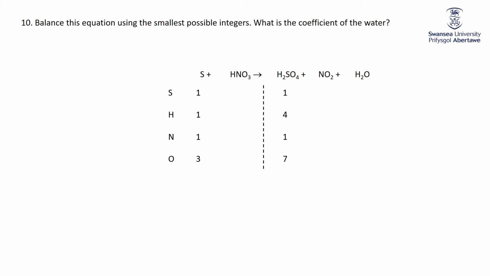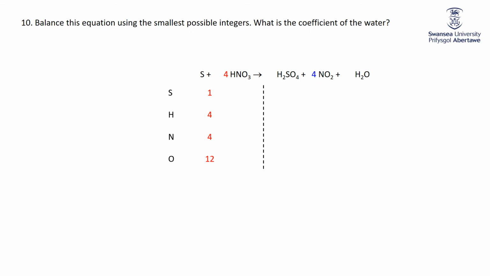So which should we start with? Well, I can see readily how to turn 1 hydrogen into 4. I can't see readily how to turn 3 oxygens into 7. So let's go ahead and just make this 1 hydrogen 4 by putting a 4 in front of the HNO3. Recalculate, and we see now our nitrogens are out of whack. So we'll go ahead and on the right-hand side, turn this 1 nitrogen into 4 by putting a 4 in